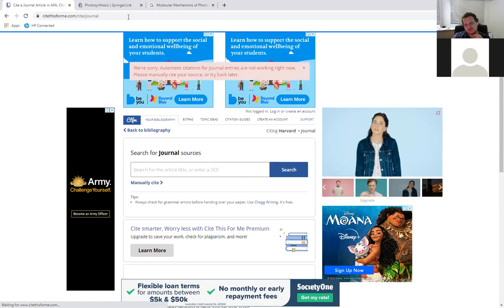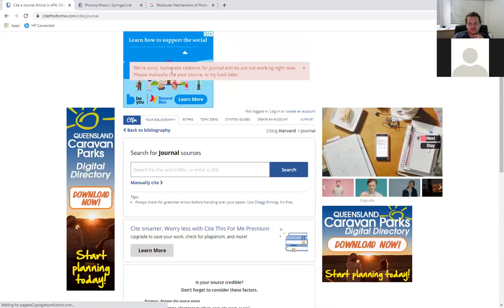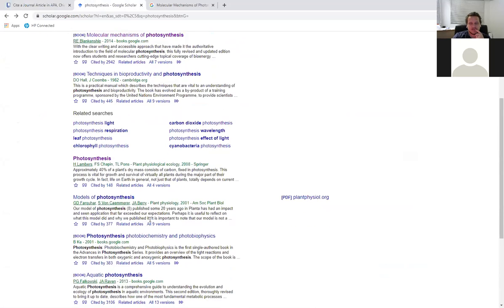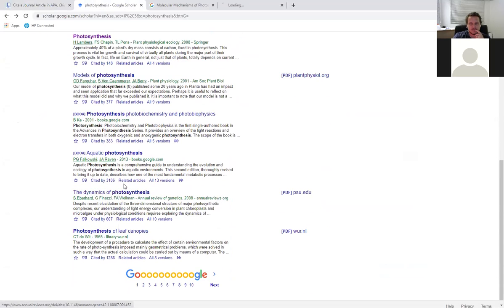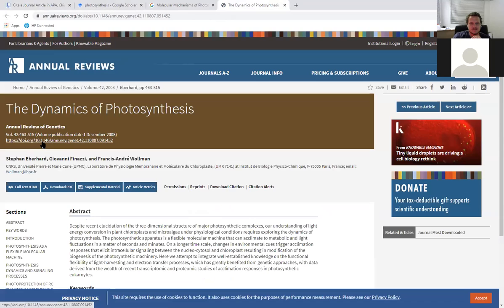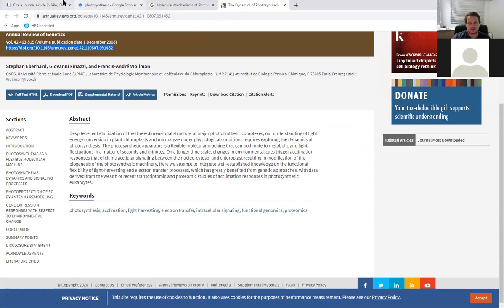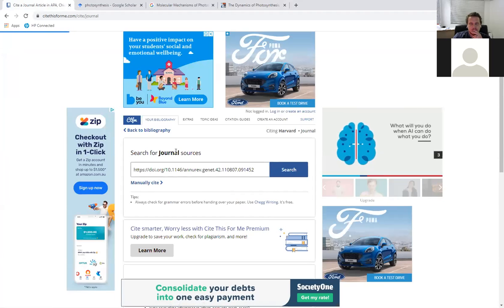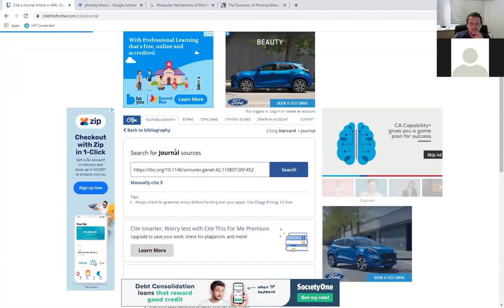So when this stops going so slowly. All right, let me find a more specific one. So let's see if it picks it up based on the URL this time. Now it's not going to work.